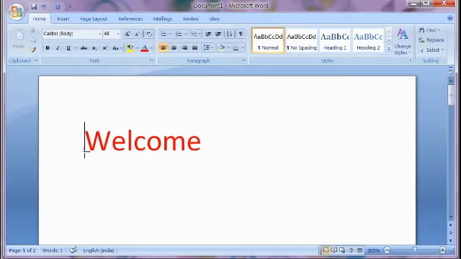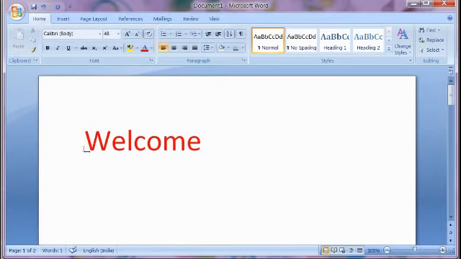See, now I am pressing the up arrow, down arrow, left arrow and right arrow, 4 different types of arrow keys. With the help of arrow keys we can move the cursor to the end of the word, or the end of the sentence, or the end of the paragraph. Okay, yes. Now I want to bring the cursor to the beginning of the word.